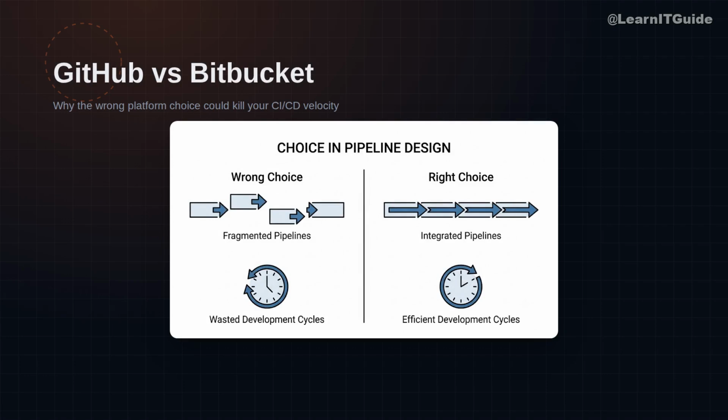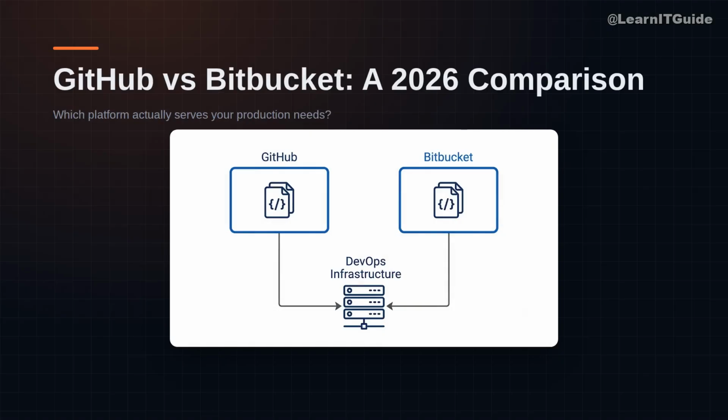Today, I am going to walk you through the real-world differences between GitHub and Bitbucket. Most engineering teams pick these tools based on brand recognition alone, but the difference is actually bigger than most people think. And if you choose the wrong one for your specific stack, you will end up with fragmented pipelines and wasted development cycles. Let's dive into the core differences between these two industry giants and help you make an informed